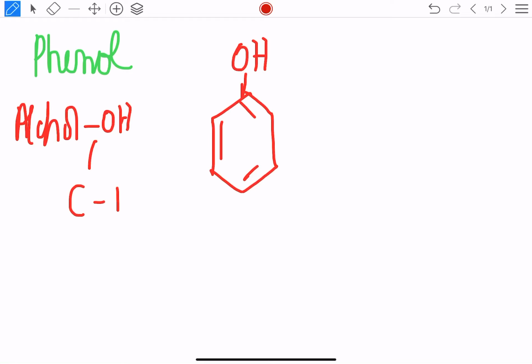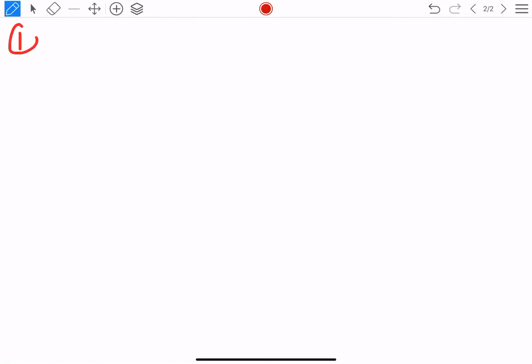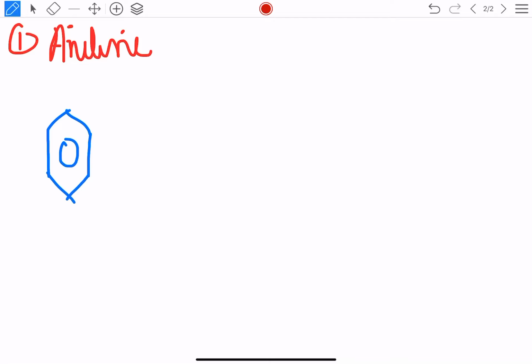Now coming to the first method of preparation, that is from aniline, the amine. This is a very common conversion question often asked in the board, so rest assured that you should be prepared with this. I'm using this symbol for aniline. Now aniline cannot be directly converted to phenol. It is not possible. So the method we use for conversion of aniline to phenol is we bring it to a diazonium salt. If you want to recap, a diazonium salt looks like this.